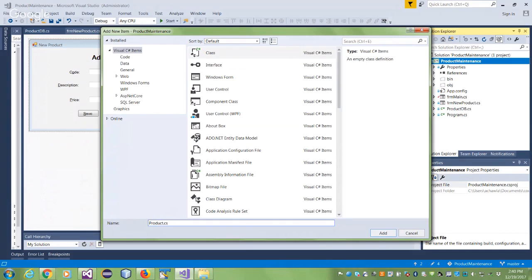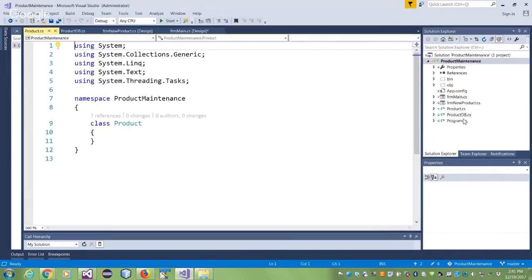A class is a description of what is contained and what it can do. So it's just a definition. Okay, we all know that class is just a definition. To use a class, you create objects of that class, and every object has its own instance variables, and all objects use the methods that are common to all objects, right? So I'm creating a product class here. So do an add, and that will be added to your